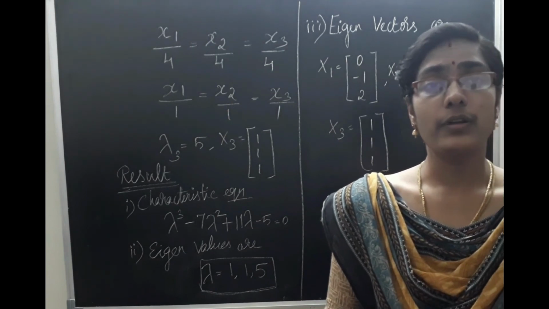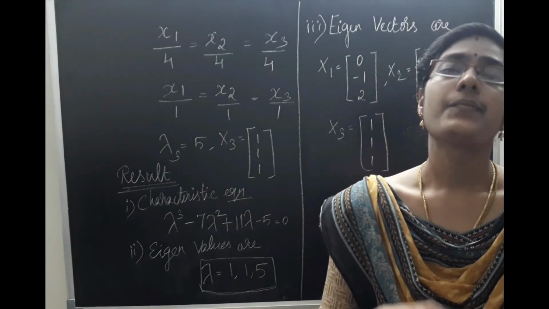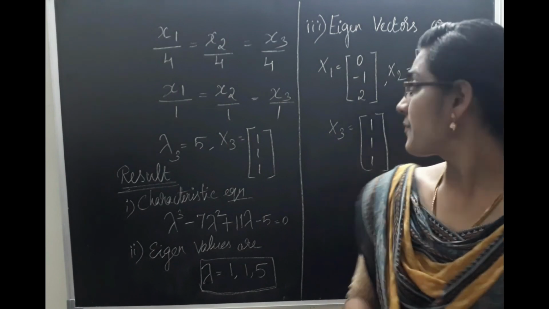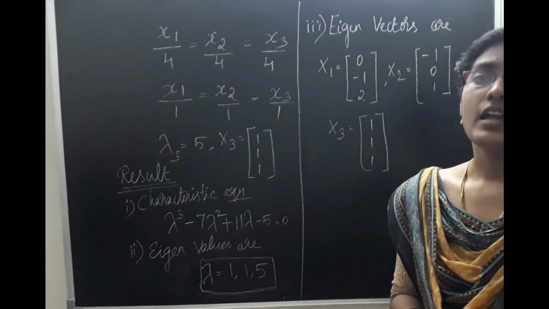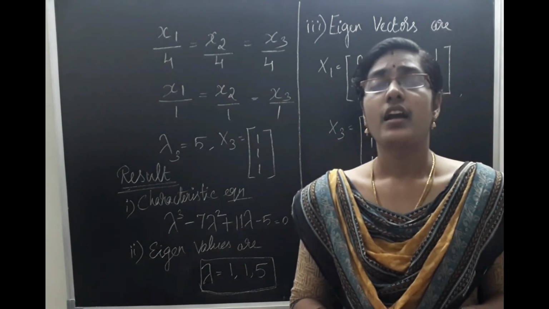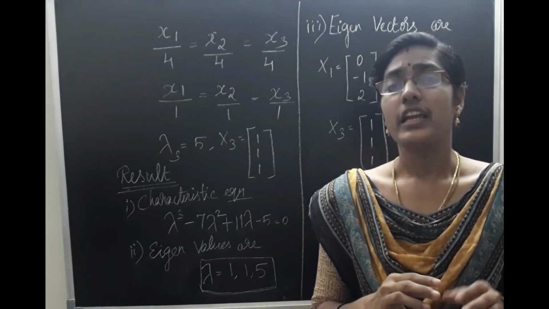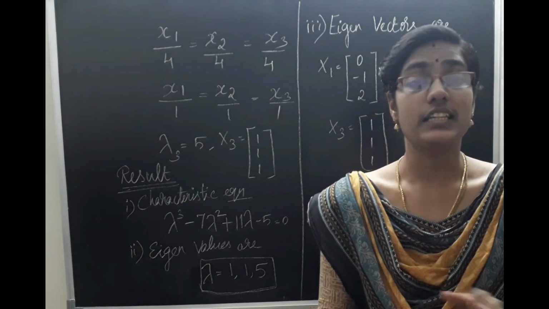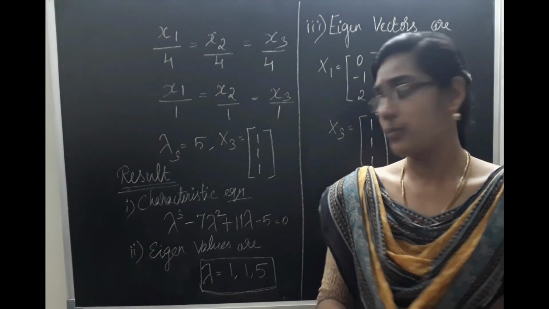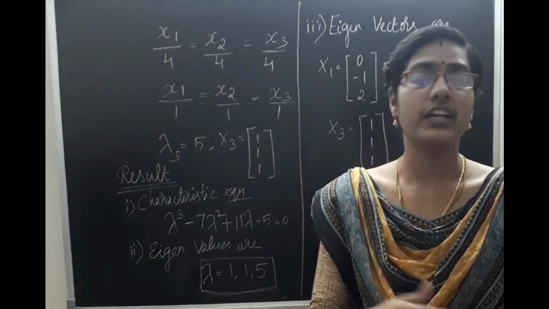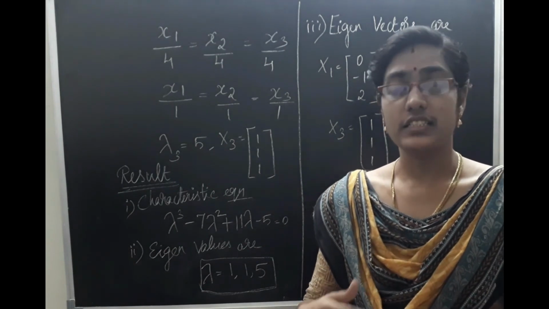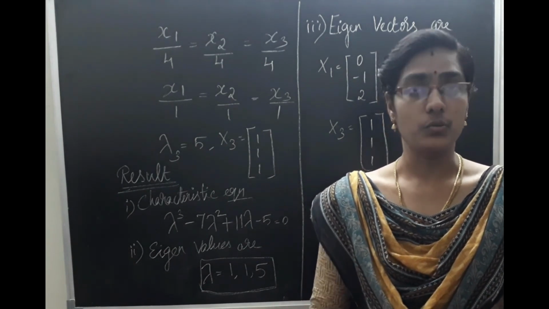And this model problem you will definitely get in Part B for 8 marks. This question also I have taken from an Anna University question paper only. And while doing this one, you need to remember only one thing. If the eigenvalues are distinct, then no problem. By using this rule of cross multiplication, we can find the different eigenvectors for the different eigenvalues.